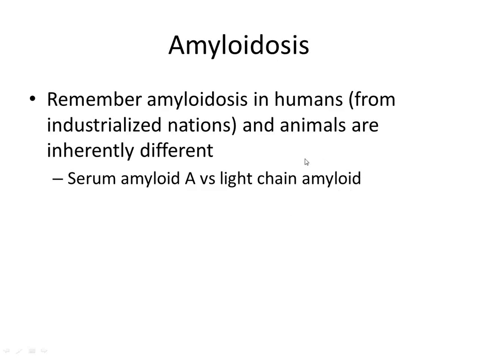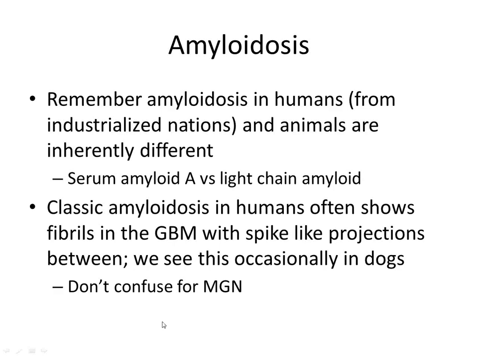So in those situations, you actually will see significant glomerular staining on your immunofluorescence, and it would be for your kappa chains or your lambda light chains. So IF can be very helpful in humans with light chain amyloidosis, whereas we don't see that in dogs or cats. I have not seen it yet in our biopsy service. Everything we've seen has been that blush staining that George mentioned, and so those are more likely to be serum amyloid A.